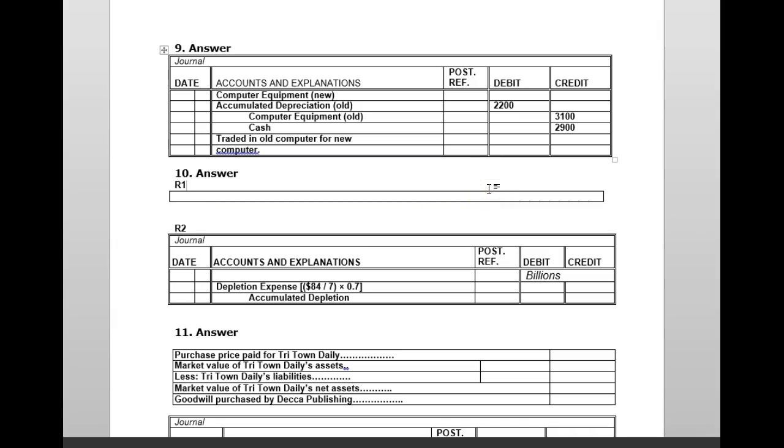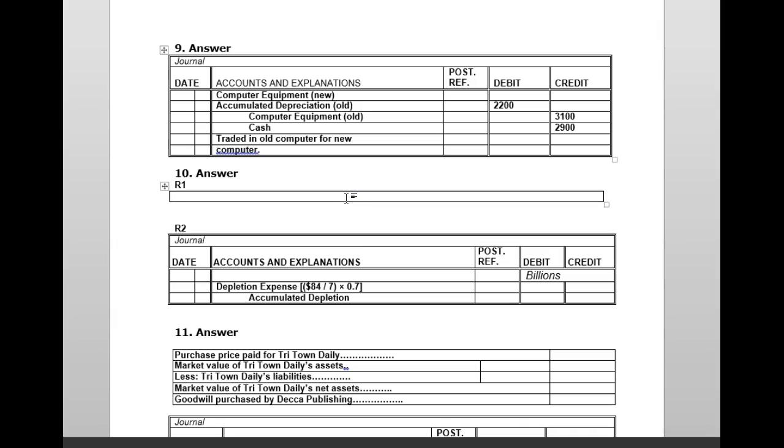Are we doing 10? Yeah, it's talking about oil and gas. And we're looking at oil reserves, I think. Is it oil reserves? Yeah, petroleum. Close enough. How would they compute that? How would you compute this? It's asking you for, number 10 is asking you for, well, first of all, you have to decide what method